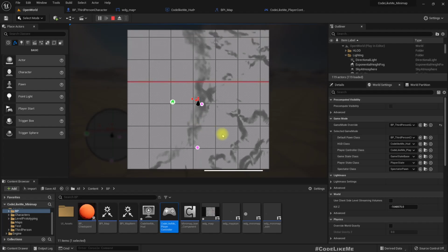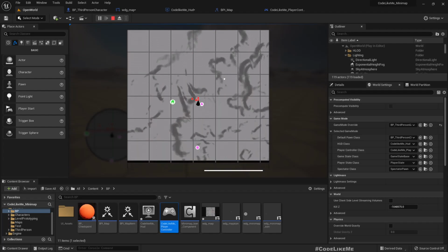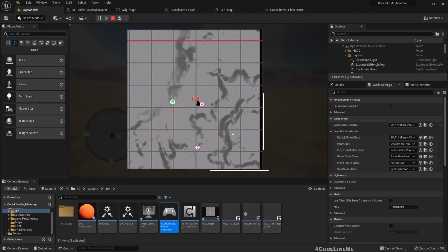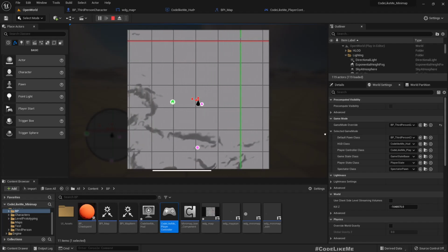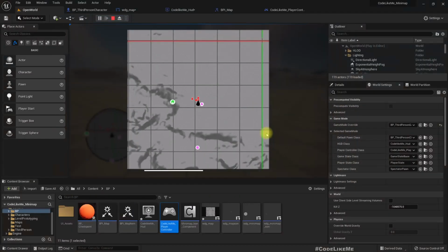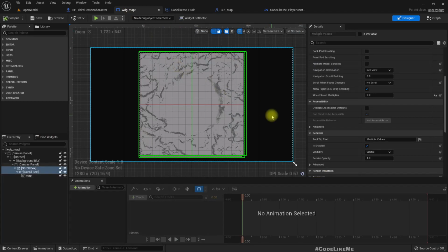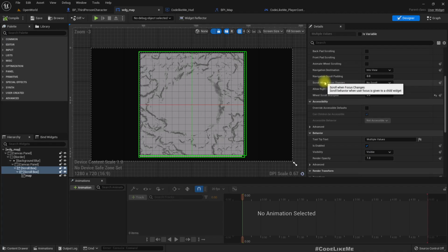And another issue I can notice is with the right click, if I start to move up, it only moves up. If I start to move left or right, it only moves to the left or right. But we should address those things first, only after we finalize the main functions. And I can press right click and drag only because I have enabled this allow right click drag scrolling. So it is enabled by default. So yeah, even if you didn't know about it, it will work